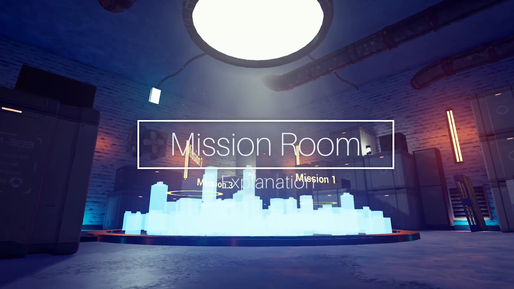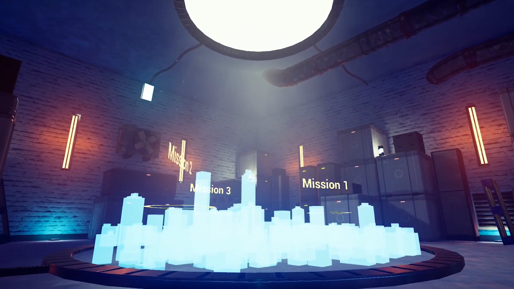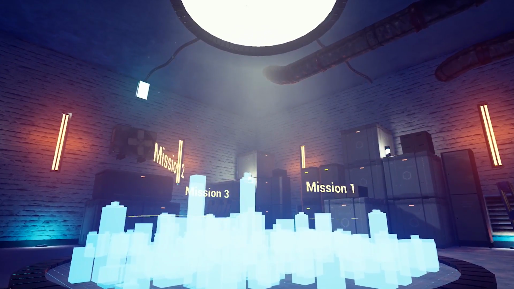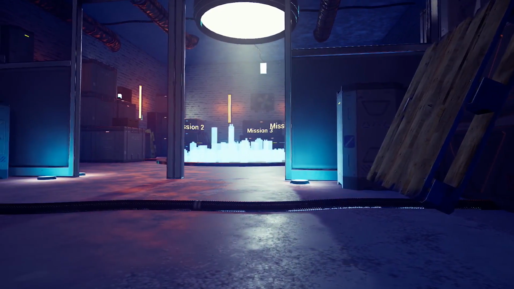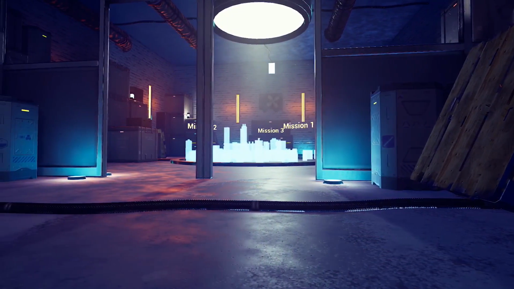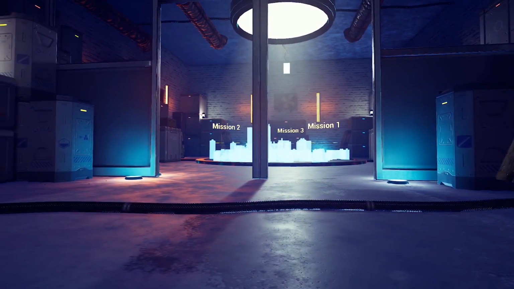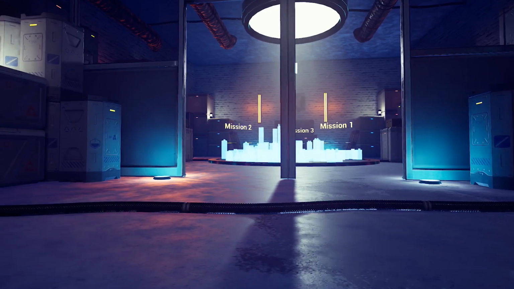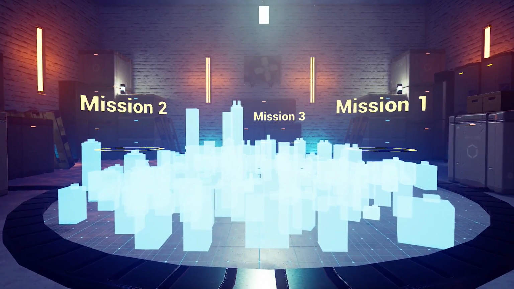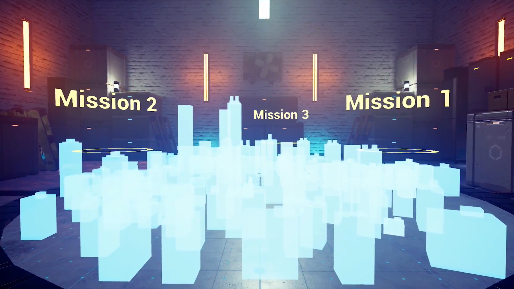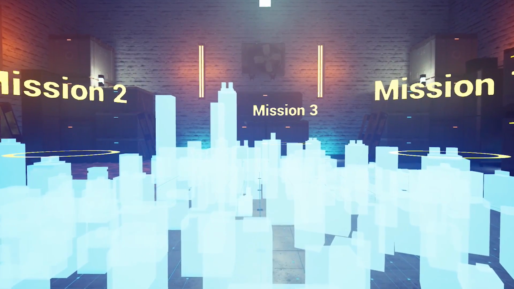The mission room is where you come after you're ready. You've prepared in the weapons room, you've checked out all the intel in the intel room. You come to this mission room, you get a basic mission briefing that you can read after selecting one of the missions. You can also walk around the city and have a look at where it's located in this world that I'm designing and creating. And then you can go to that mission location, complete your objectives, get more intel for the intel room, and come back and continue this loop.